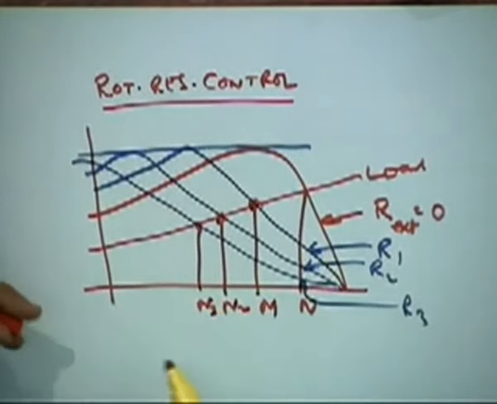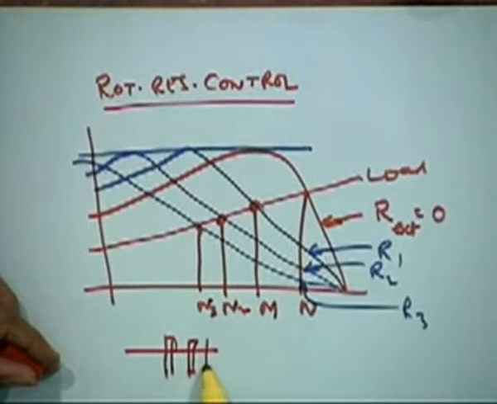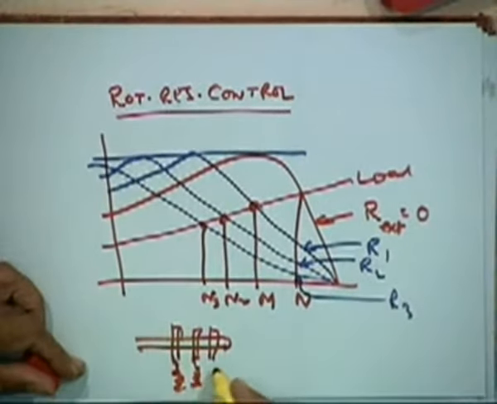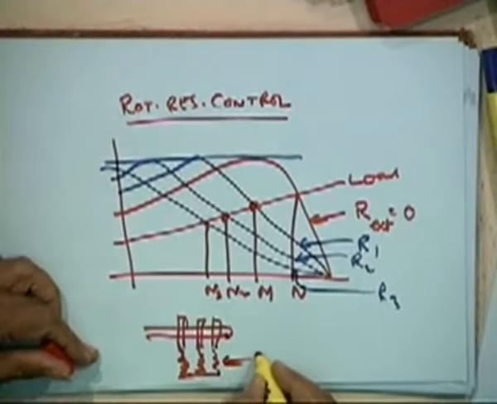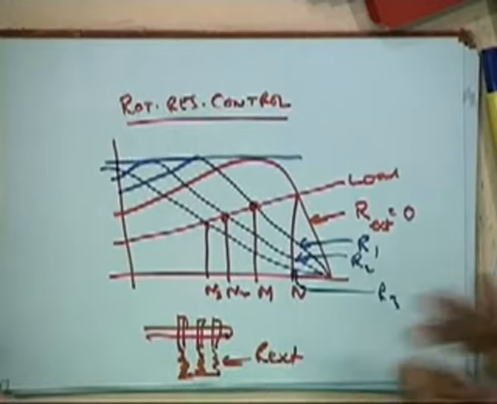This is one of the ways where at the slip rings of the motor, this is the slip rings, you connect some resistance. This is the R external. I mean at the slip rings you have brushes, and at the end instead of directly shorting it, you can just connect this resistance. That's one of the methods that is used.